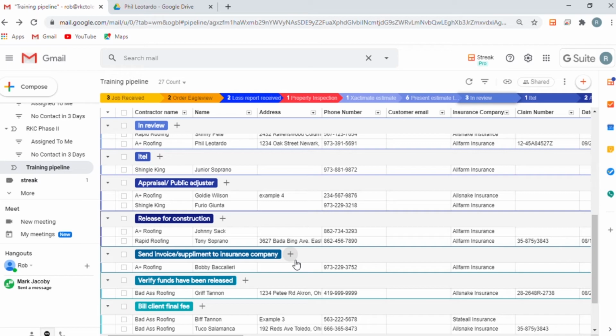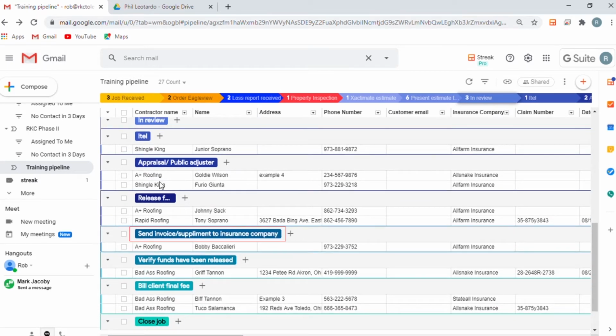After the release for construction category, it now goes into send invoice or supplement to the insurance company. In many cases, the insurance company pays out initially ACV, your actual cash value check, and most of the time it has recoverable depreciation. That depreciation is recovered after the work is complete. Once again, we have training for this. You'll need to take a couple pictures showing that the work is complete. We'll send over the invoice along with photographs and maybe a certificate of completion to the insurance company. They'll release the recoverable depreciation and any paid when incurred items. If there are any supplements that have occurred, we'll send a supplement with that as